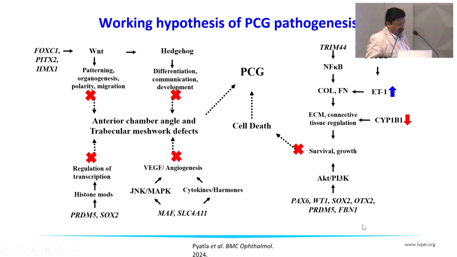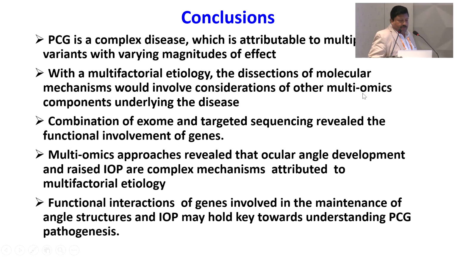So this is the working hypothesis that we have currently. One is through the hedgehog signaling, one through the Wnt, the different interactions of the genes, and there is a cell death component also, which is due to the reduction of CYP1B1 and overexpression of endothelin-1, leading to TGF-beta. So to conclude, it is a complex disease, which was earlier not thought of as a complex disease,